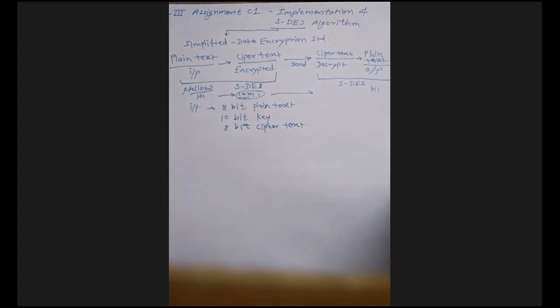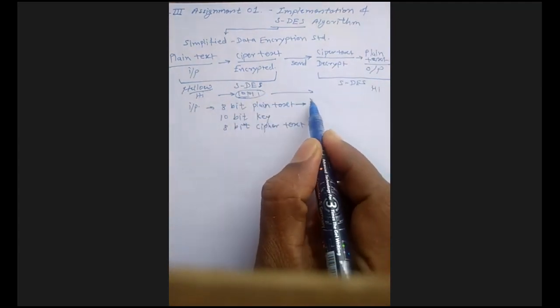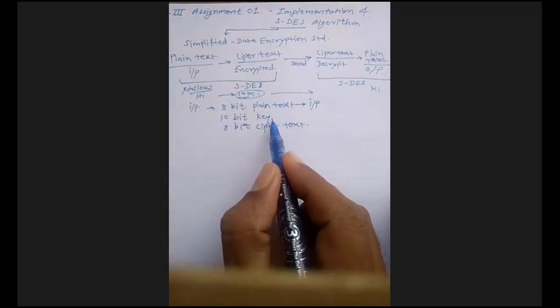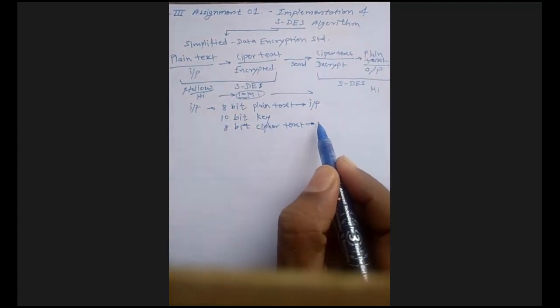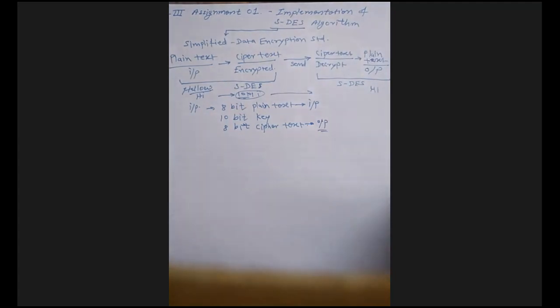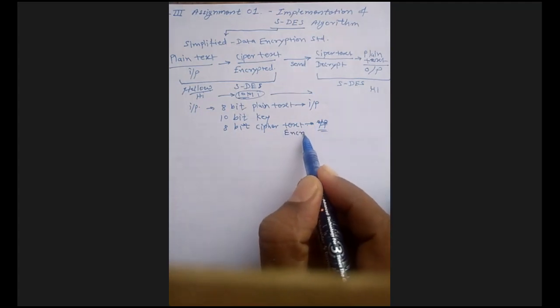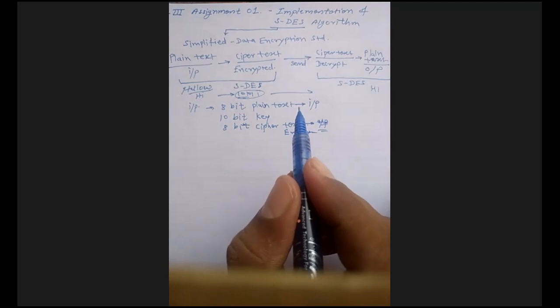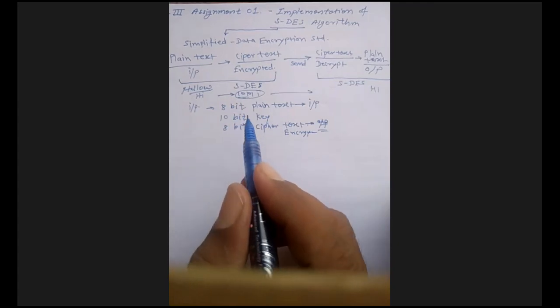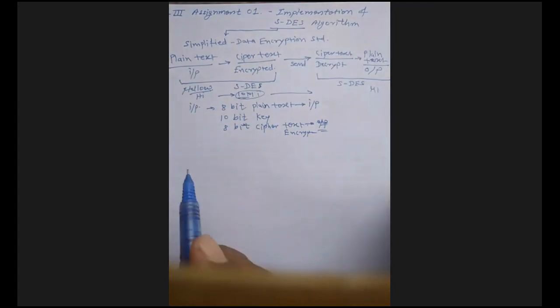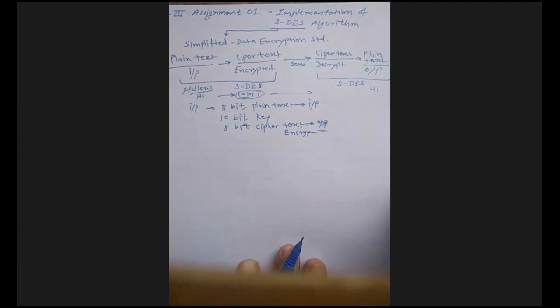Understood? So how does this encryption procedure happen? What are the steps? Let's go to those steps. I have already told you that you take your input message as 8-bit, apply this key, and then the 8-bit ciphertext message is ready to send. You may say this is not the output but the encrypted message, ready to send to the receiver. Now, how can you perform it? Let's go to the diagram. I am writing the encryption diagram over here, so I just have to scroll up.